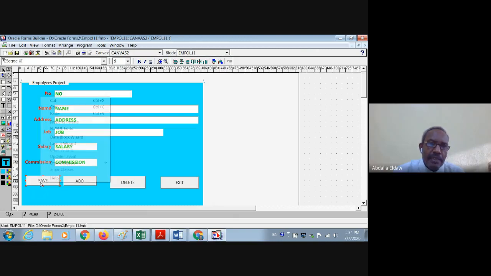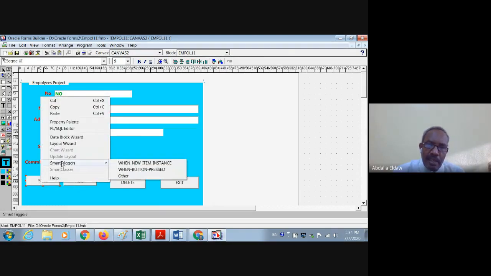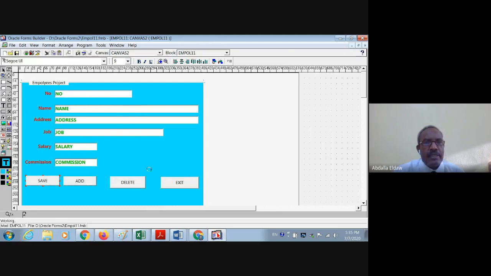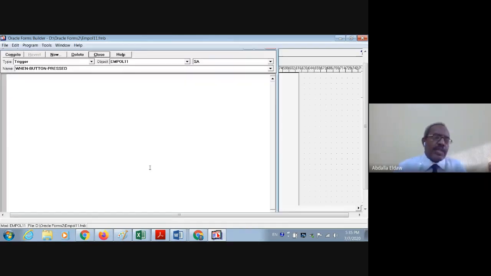Right click, select smart trigger, select when button pressed. When button pressed, it will open for you this window, and select commit, COM. We implement this command in SQL. It is used for saving. Commit underscore form semicolon,